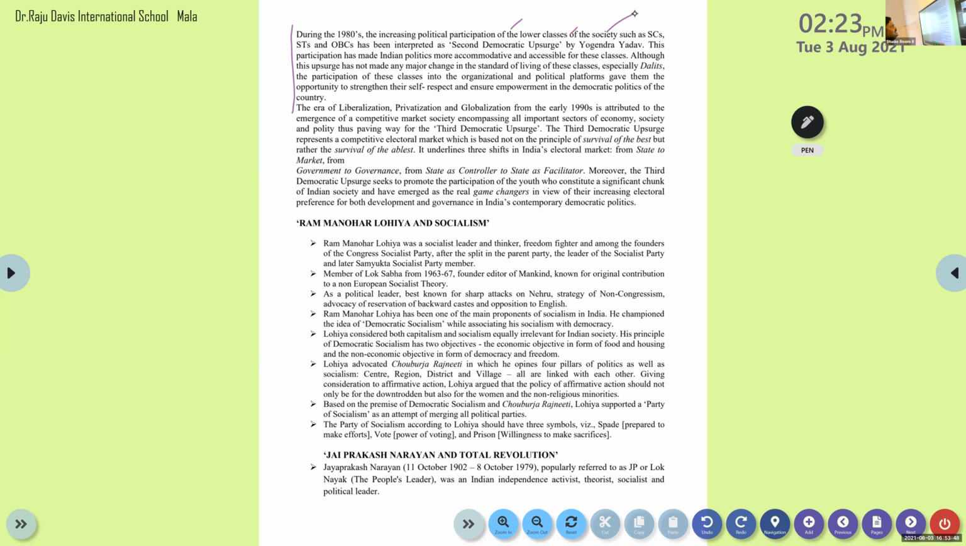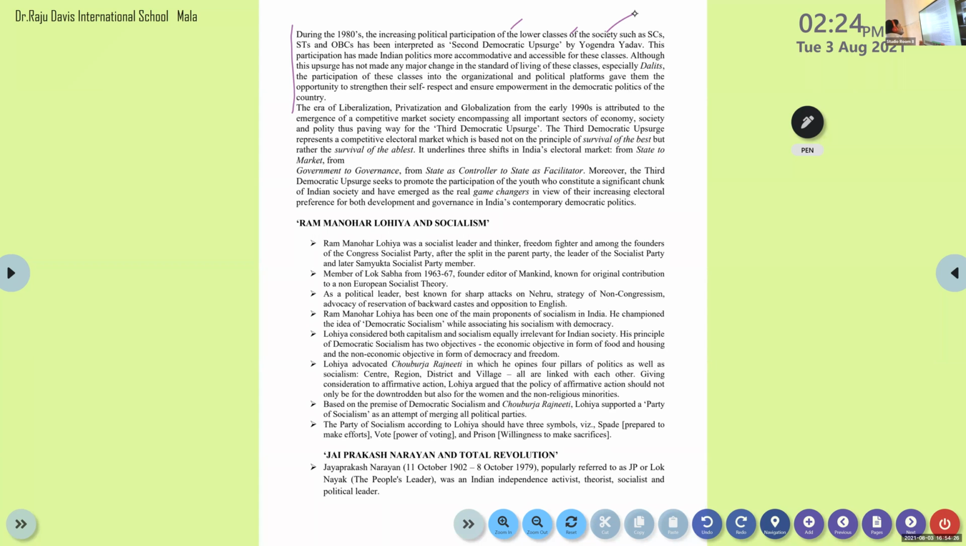there is no discrimination. Although this upsurge has not made any major change in the standard of living of these classes, they got a chance to participate in political activity, but this participation failed to make any changes in the life of the people. Their standard of life has not increased or developed. Economically, the political participation did not help them to develop. Clear? Especially Dalits. The participation of these classes in the organizational and political platform gave them the opportunity to